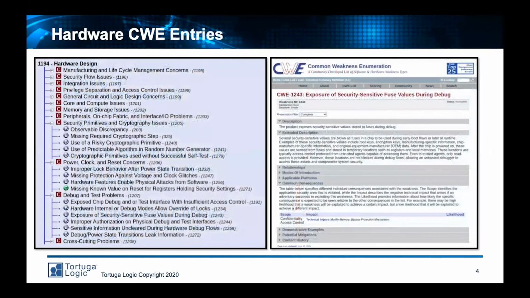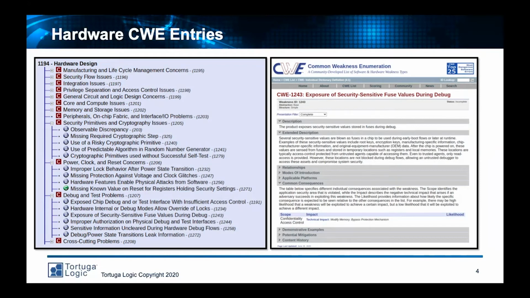Expanding the categories reveals a list consisting of classes and base weaknesses. Classes are denoted with a green C and are more general than base weaknesses, which are denoted by a blue B. Clicking on any item in the expanded taxonomy will bring up the entry. Each entry contains details describing the weakness, its relationship to other entries in CWE, modes of introduction, applicable platforms, common consequences, demonstrative or textbook examples, observed examples of the weakness, which typically point to CVE entries, mitigations, and references for